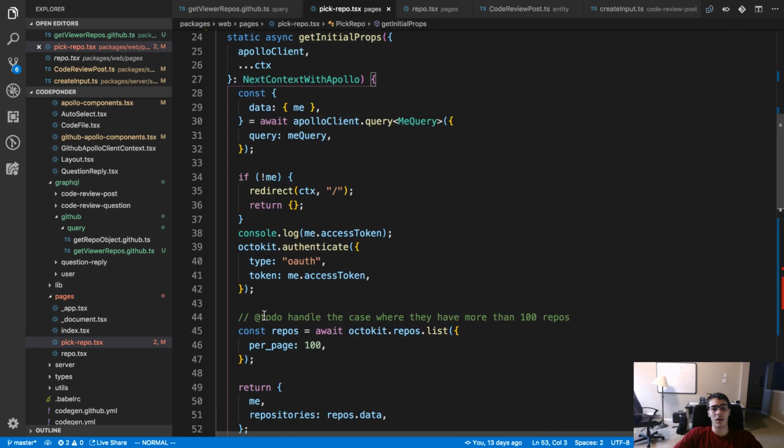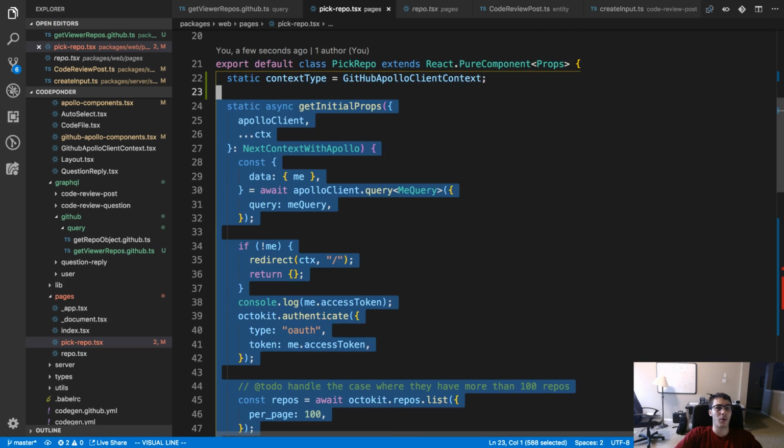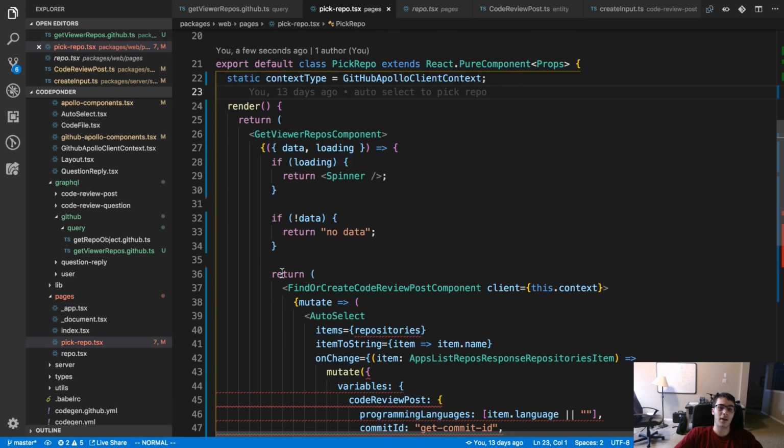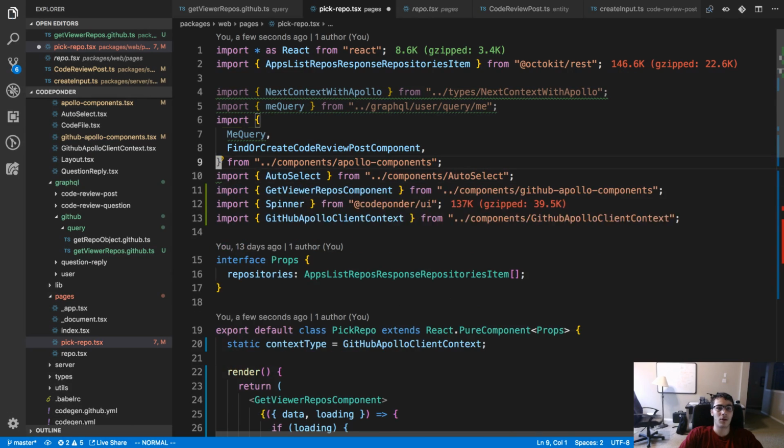I don't think I need anything in here. I think I'm going to make a higher order component that checks whether people are logged in and stuff, but we'll do that at a different point.